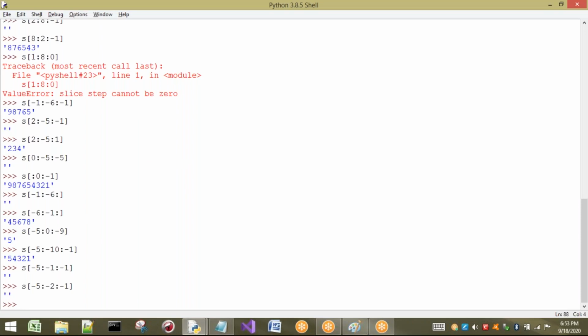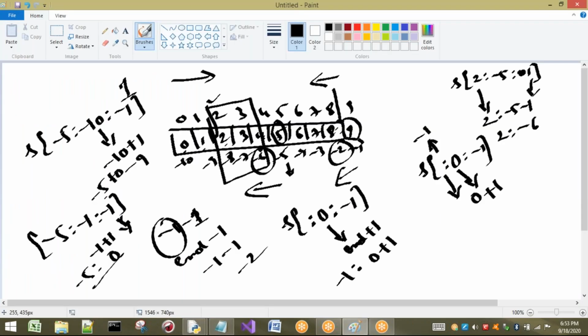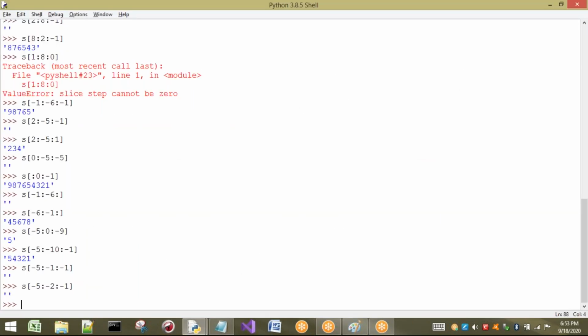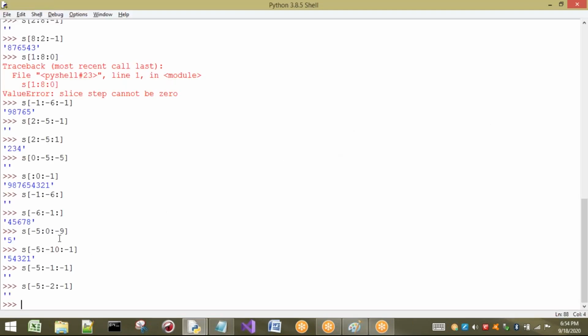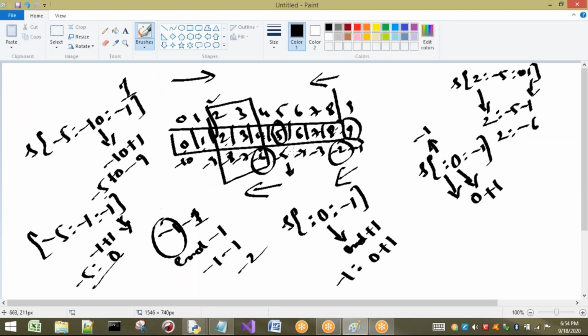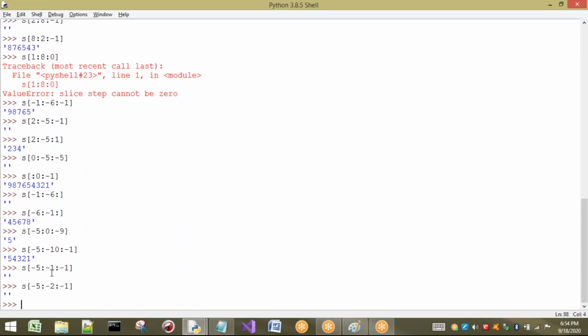Here I am going to take -5, in reverse direction. In reverse direction what happens here? First -5 will not come here. Here first we are going to get -5. So this case is correct. Why is it correct? Empty string means -5 is not coming first. So no problem, empty string.